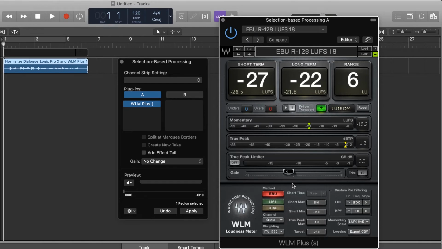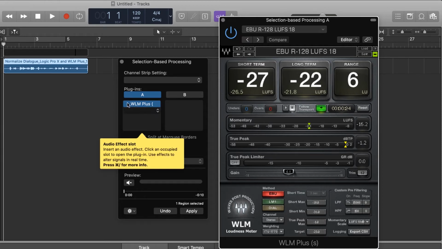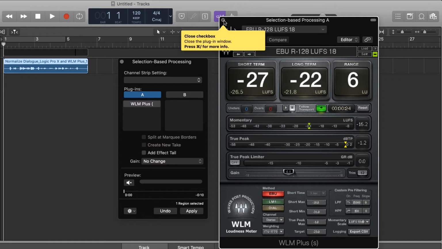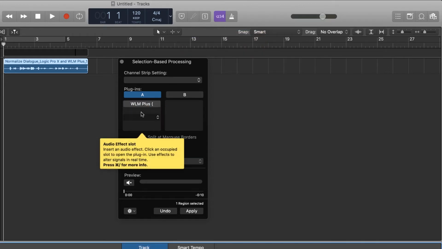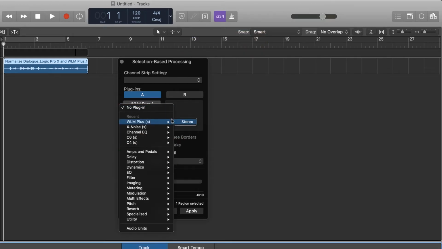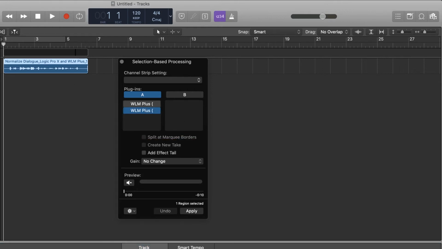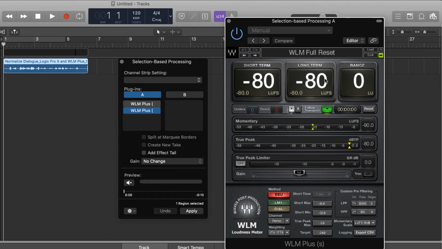These numbers don't really equate, and I can show you that by turning off this instance and opening up a new instance real quick. That's the way I do it. You could also go in here and hit full reset and all that stuff, but I like to keep them separate. And if we analyze it again, we will see very quickly that we are now at the standard -23